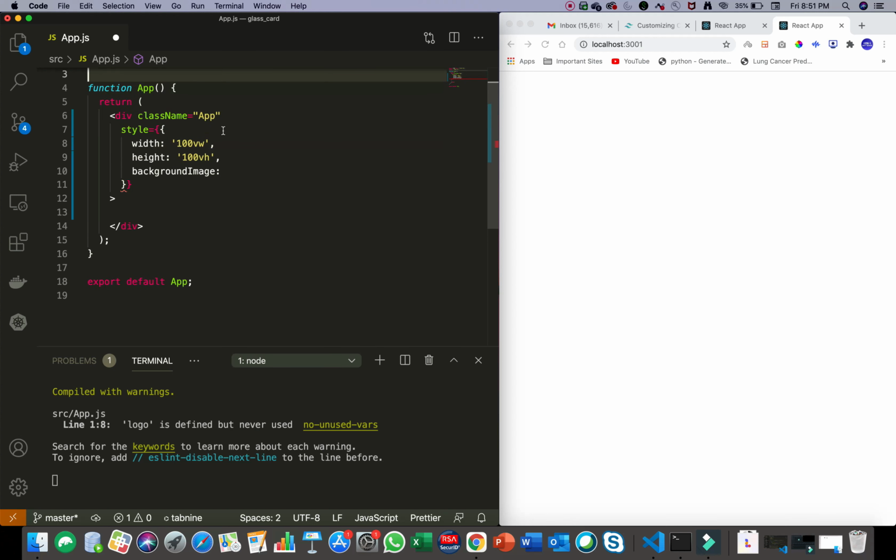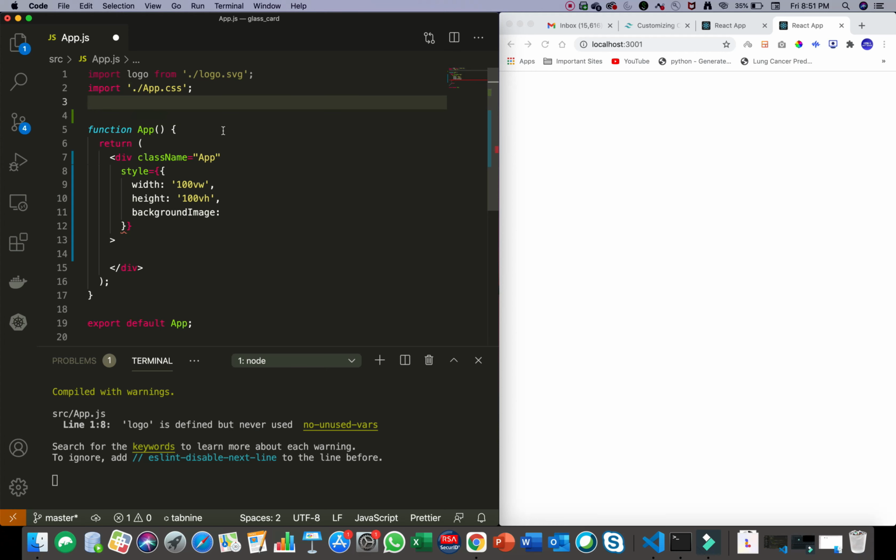Let us first import the background image. So we'll import background from images and background2.jpg.